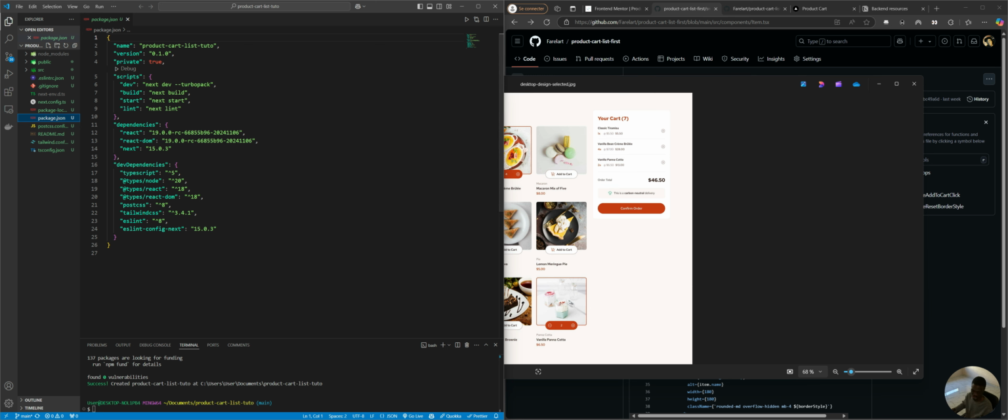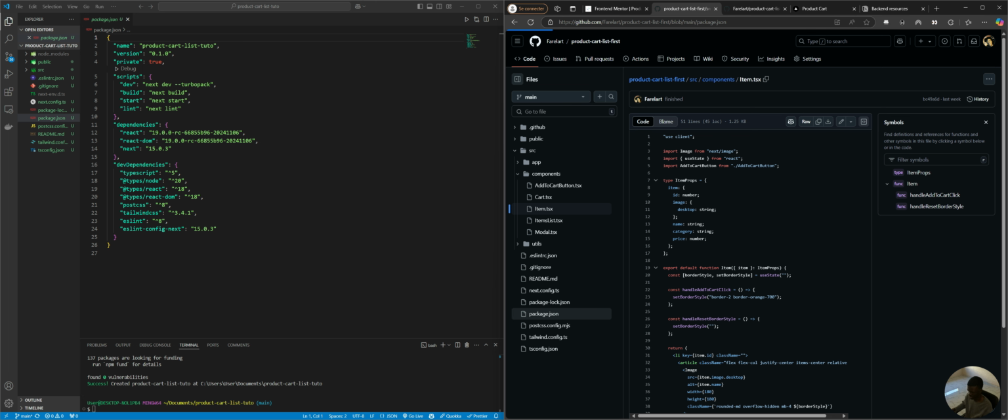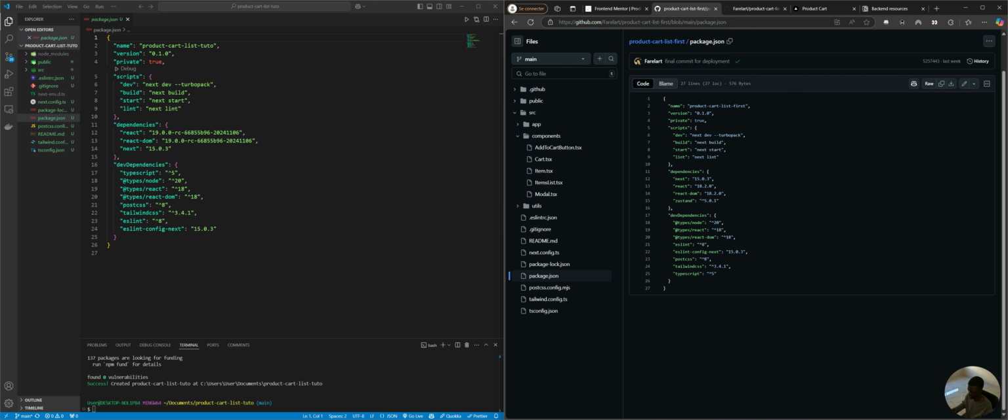So here in the package JSON, we have the dependencies. We are going to change the React 19 release candidate version to React 18. I forgot, so I'm just going to look back at what I did. Yes, I used the last version, React 18.2.0, so I'm just going to copy that, React 18.2.0. Again, as I said, this is to not have a bunch of errors in our application